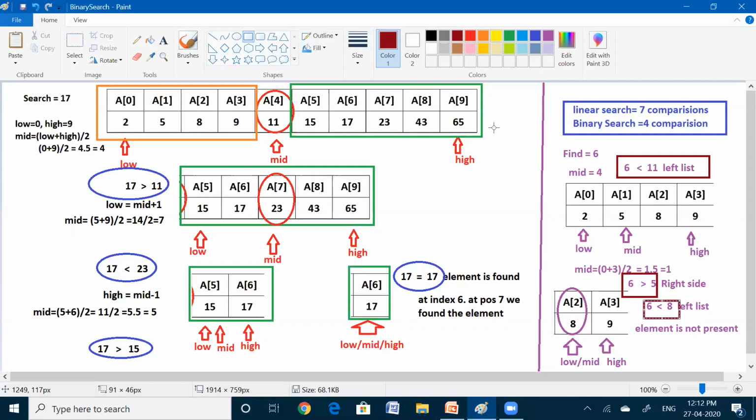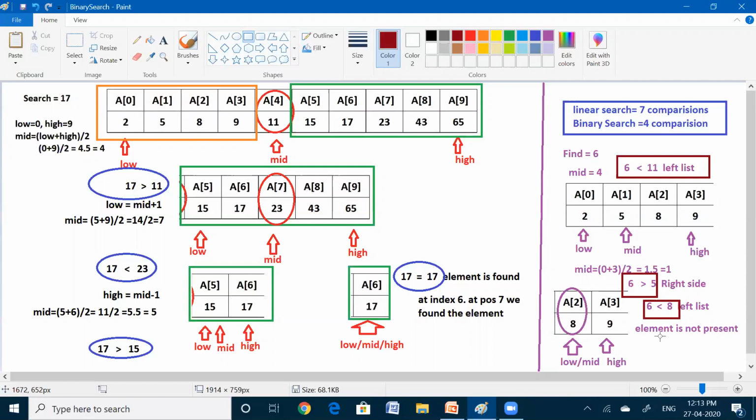But in the case of binary search, after 3 comparisons itself, we are saying that the element is not present in the list. This is the major difference between linear search and binary search. In linear search, sequentially we search for the element. In binary search, we divide the list into equal partitions, then based on the mid position value, we decide where to search for the element, either on the left side or the right side.